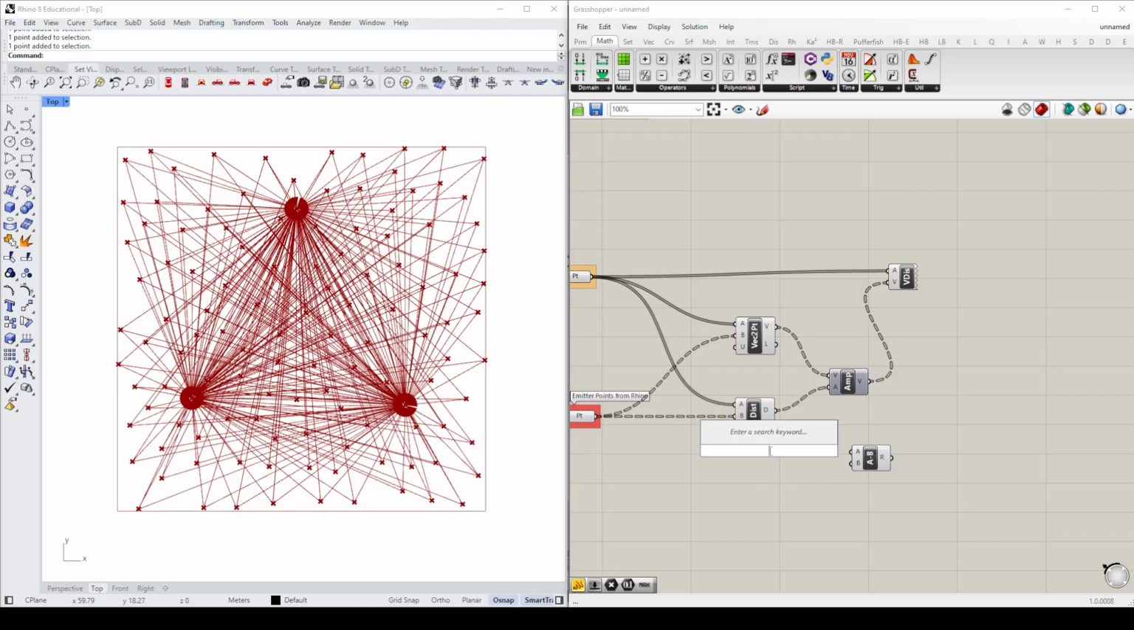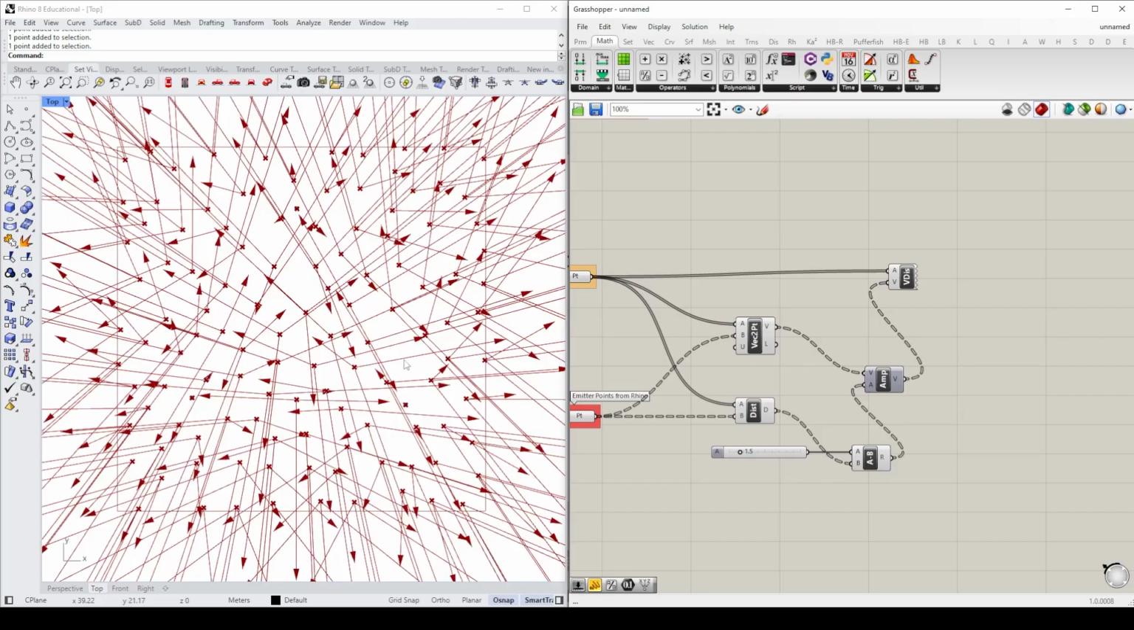I'm going to drop a slider on the canvas. I'll just type 1.5 for now. We will change that later. This will be a variable parameter which will allow us to change our vector strength. But we'll put the distances into input B on our subtraction. And now, if I use those subtracted distances, you'll see that it's still a bit of a mess, but